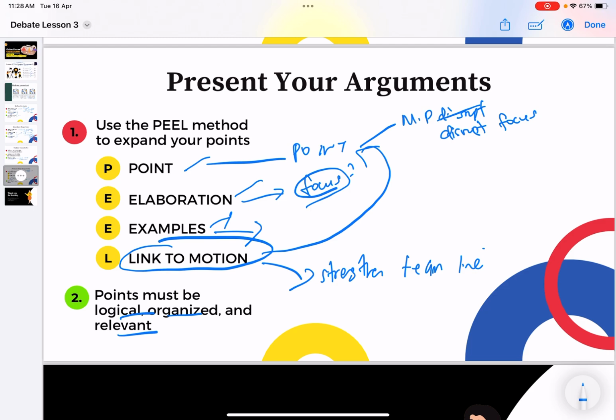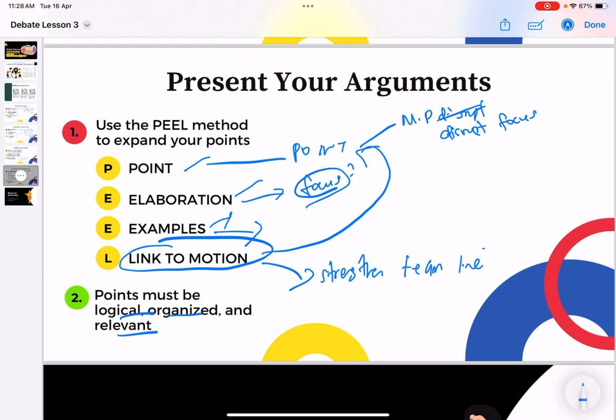Therefore, this shows that we, the government, strongly suggest that mobile phones should be banned in the classroom. Now, what I just told you is not even a minute of the debate. That's a very short example that I'm giving you of PEEL.